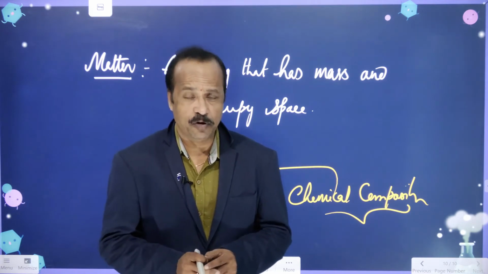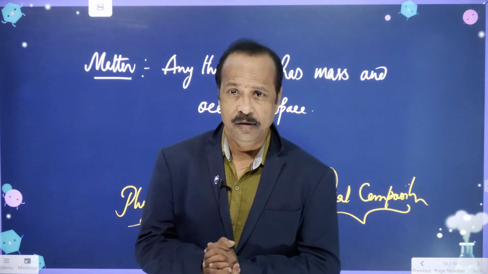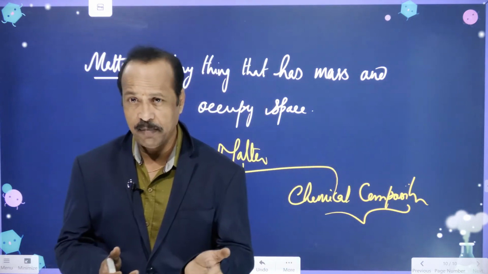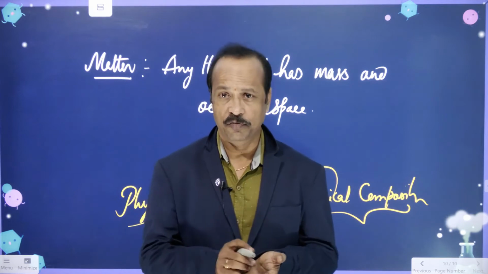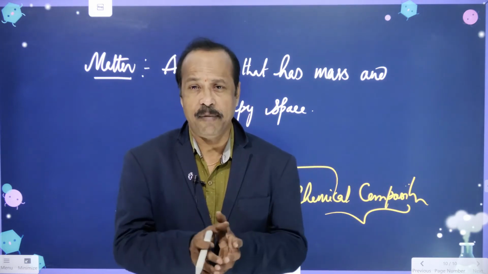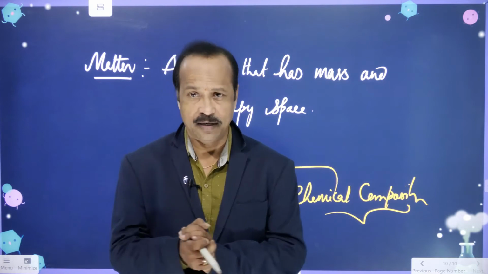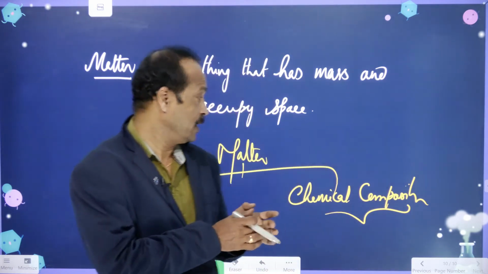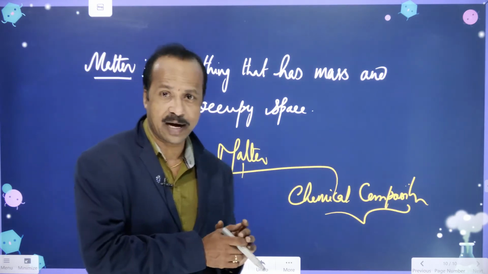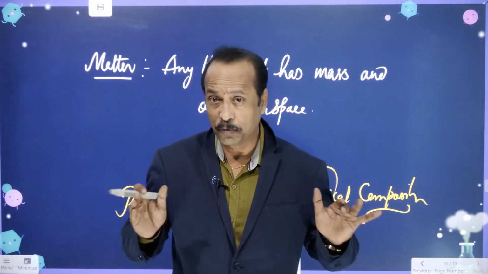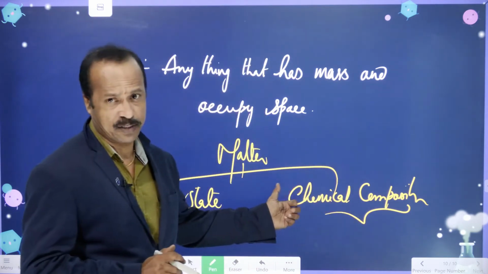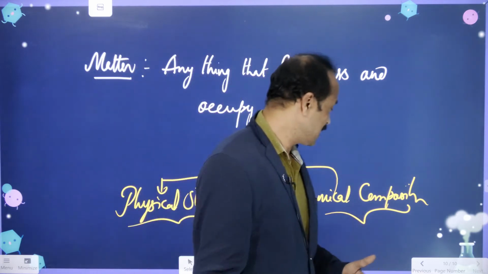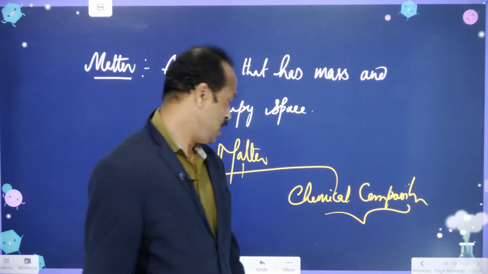For example, you want to make a coffee. What are the things required to make a coffee? You need milk, sugar, and coffee powder. These things are combined, you boil it, and you get the coffee. So these are the composition of the coffee. Similarly, matter is also classified based on composition. This is one type of classification; the other is solids, liquids, and gases based on the physical state, and the second is based on the chemical composition.